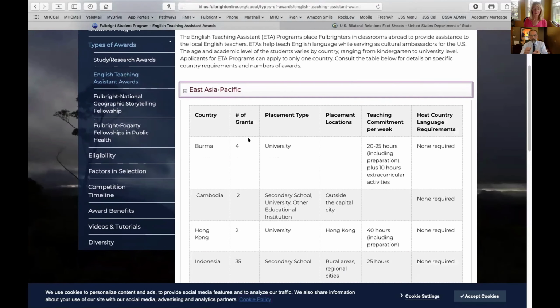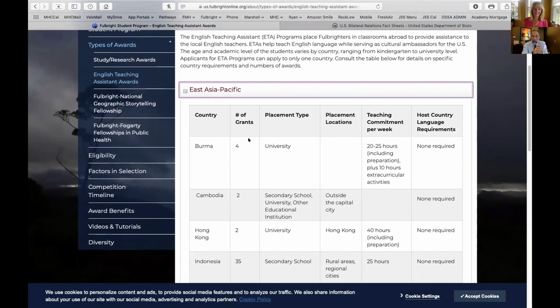You'll get a chance to read what countries have ETAs on offer, how many they offer, what types of placement, whether you're teaching adult learners or advanced English learners, all the way to elementary school learners, and where that might shake out for you in your history and your requisites, what you have in your professional toolbox.